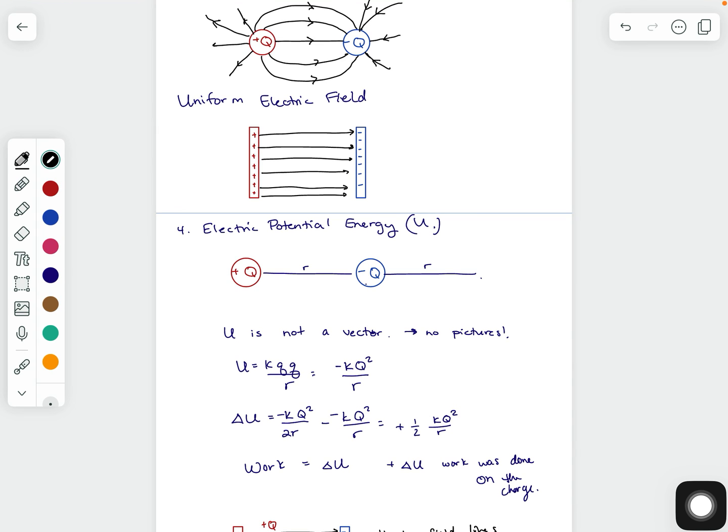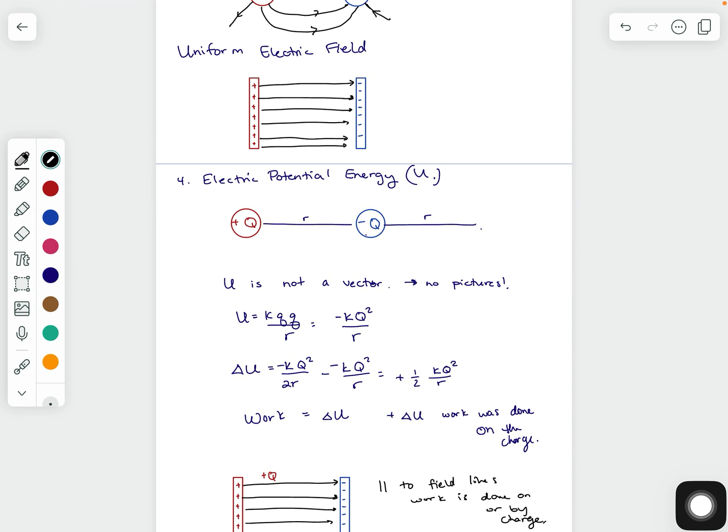Okay, so section 4, electric potential energy, which is a U. What we have here is two charged particles, positive Q and negative Q. Yes, they will exert a force on each other, but we're actually not going to look at force right now. Instead, we're going to look at what type of energy has been stored by placing these two together. So we're just going to have them fixed in space, r apart, and we want to know how much is